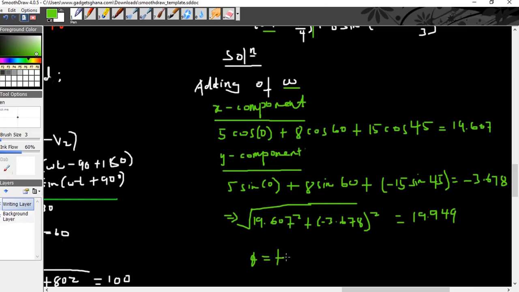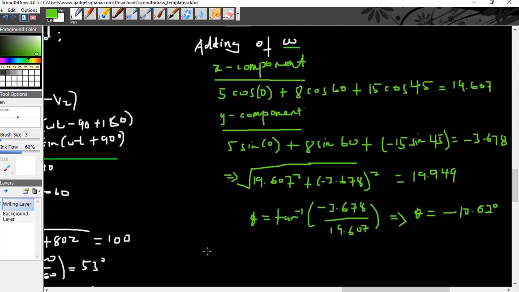So we have tan inverse of negative 3.678 divided by 19.607. Okay, so we will end up with an angle of, let's take a look at the angle. When you point this, you end up with minus 10 point something, like 10.6 or maybe 62 degrees. Okay, so this is how you write out your